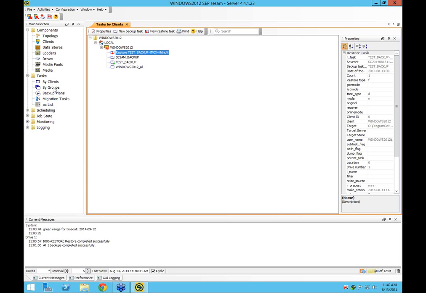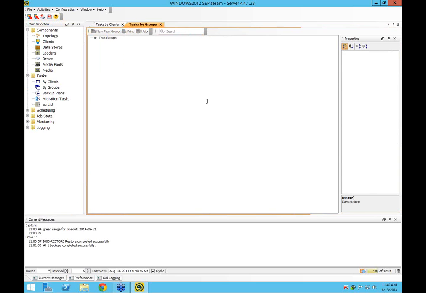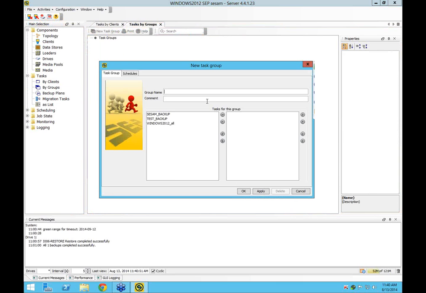like a lot of other vendors do. To help us leverage the multi-stream, we make 6 scheduling groups by default. And with SESM, we believe in a set it and forget it type of idea. And so during the first install, and we're talking about 1 or 2 hours, a couple hundred megabytes, not terabytes or days or anything like that, we create 6 scheduling groups, and scheduling groups let us control the order of operations when we're starting our backups. By default, we start them all in one pool, all at the same time.